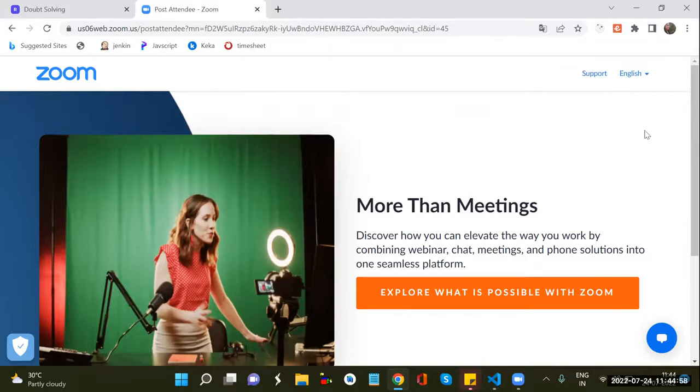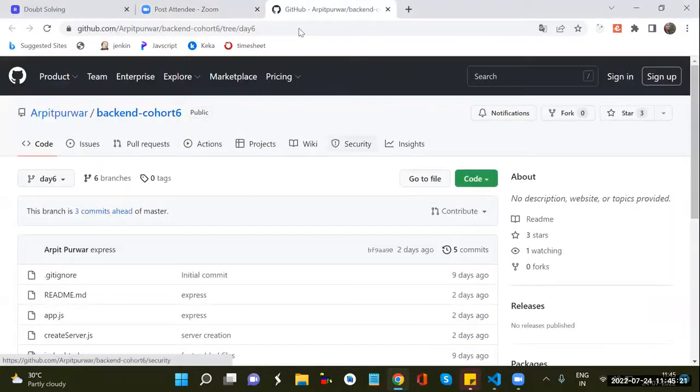I pasted it in the chat. I think Hariharan already gave that. But you can just check in the chat, Jasleen, and open that link. Is it possible for you to open the chat? I'm just opening. I have shared my screen, right? Yes, it is visible.